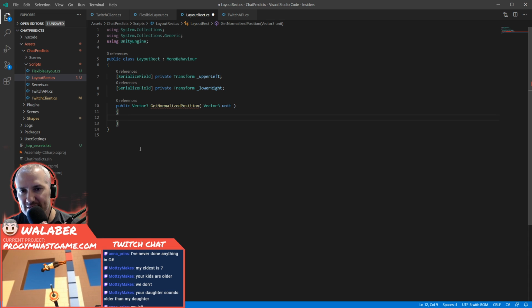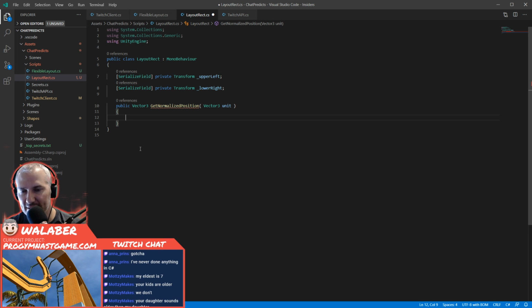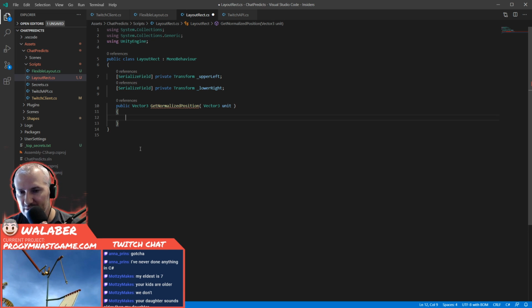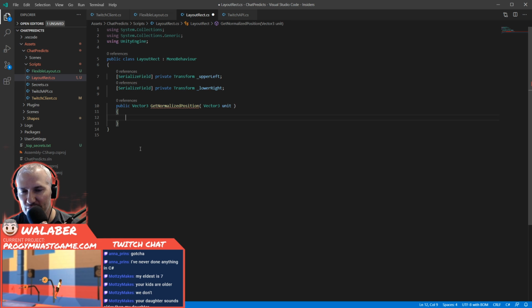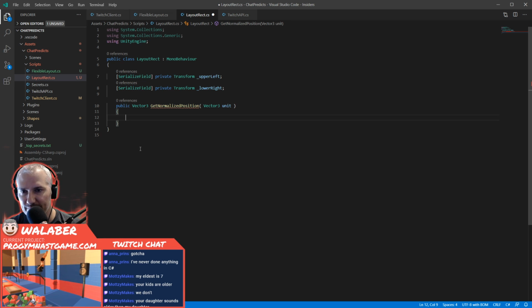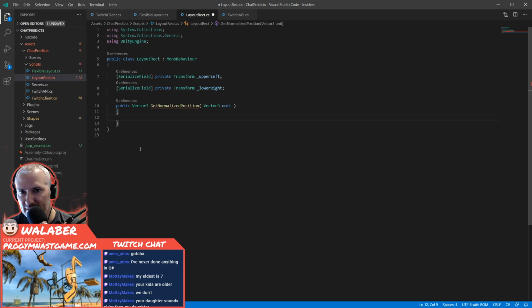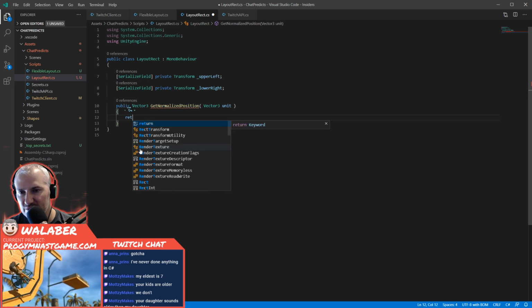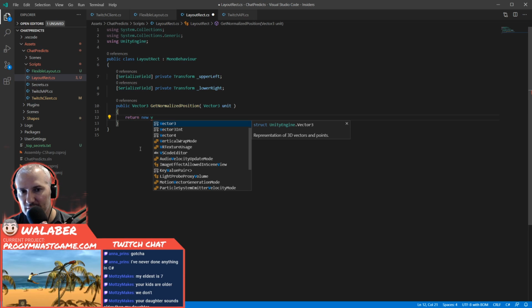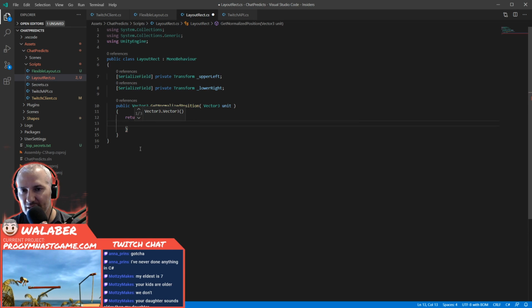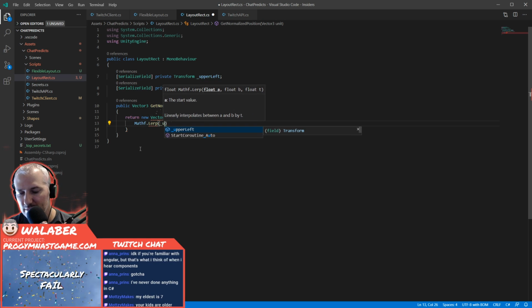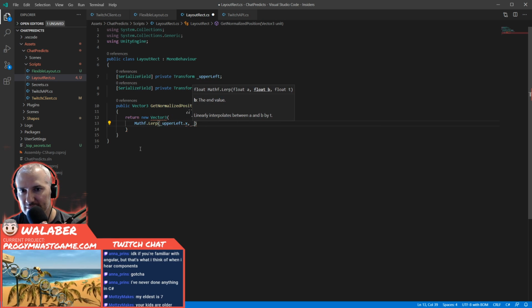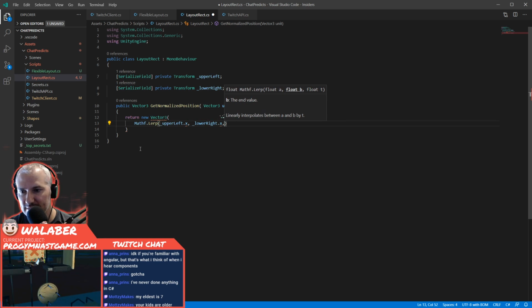So this one, you're going to pass it some numbers between 0 and 1. It's going to give you back the position. So this should be as simple as, let's see, we've got to do this per component. I guess we can just do it this way. Return new Vector3, and the x component is going to be Mathf.Lerp(upperLeft.x, lowerRight.x,